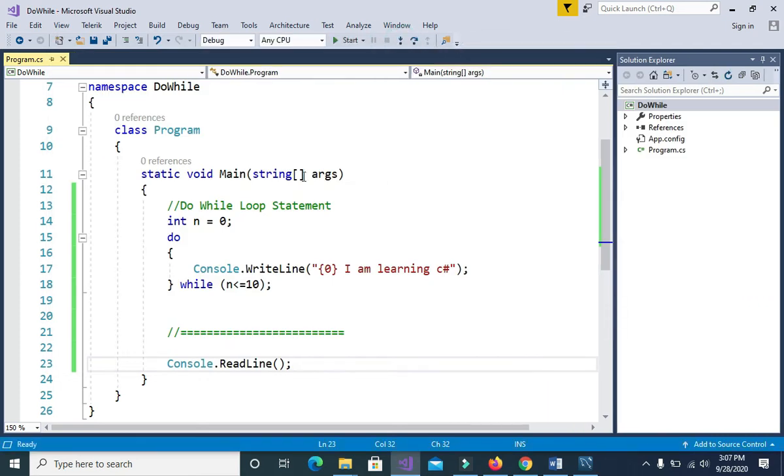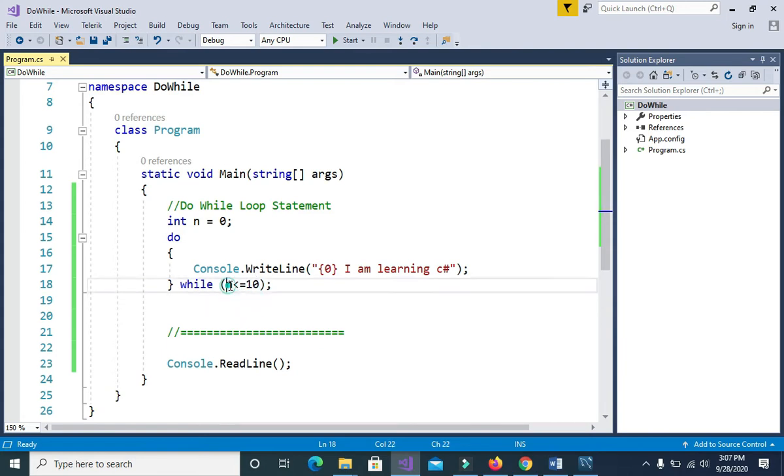So there must be a way for us to make this false, because our n has a value of 0, and for the entire duration of this loop statement, n remains 0. Having that value, there's no way for n to reach a value that is greater than 10.